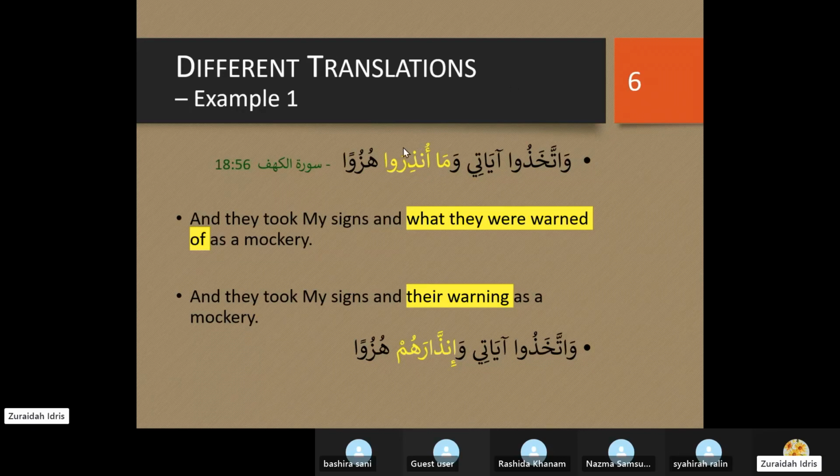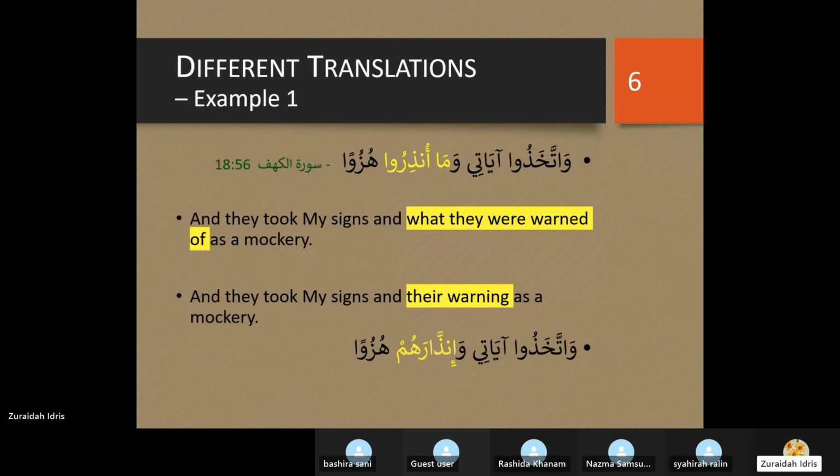Ma unziru. So how do you say? Islaman, remember? Islaman is your masdar for family 4. Am I right? Yeah, I think so. Okay, so this is where it is. It becomes inzarahum. The hum here is to reflect that. But strictly speaking, a masdar cannot have an una ending, right? So we put hum there instead. Inzarahum. Their warning. Is that all right?